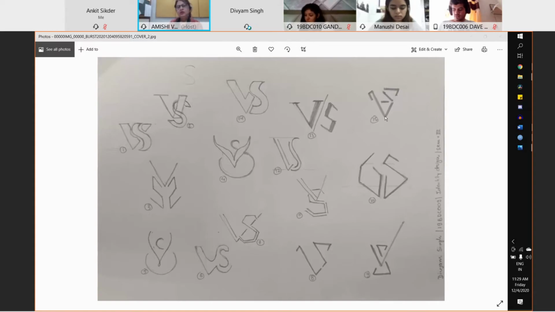Even with the 12th, you can see you've ended the V very abruptly. If it is extended further towards S, then what happens? So try some of these things. Try with the distance. If the distance is increased or decreased, what happens? You can first do a complete drawing of V and then start eliminating parts of V to arrive at a composition. Or you can do a complete drawing of S and then start erasing parts of S and bring V and S together to arrive at a composition.